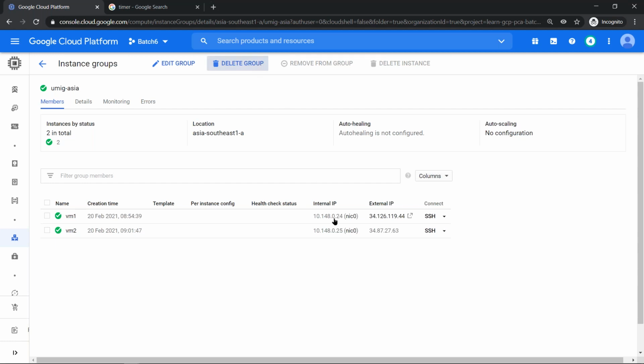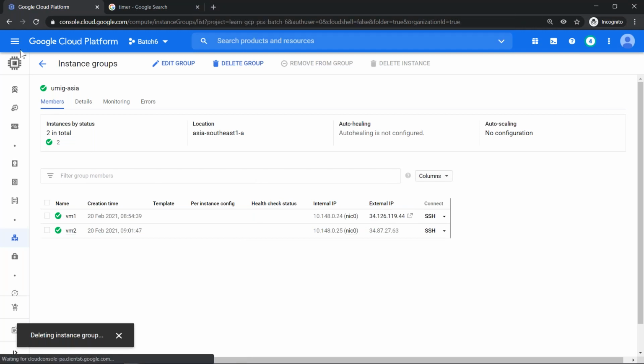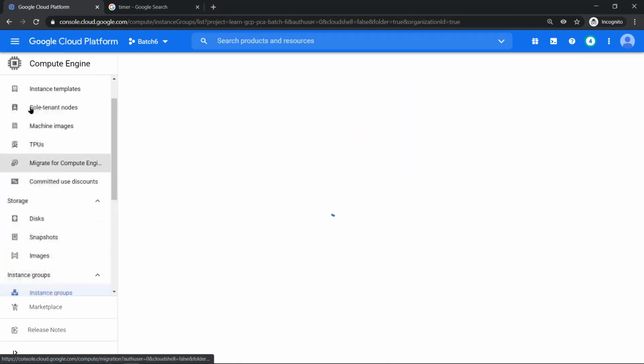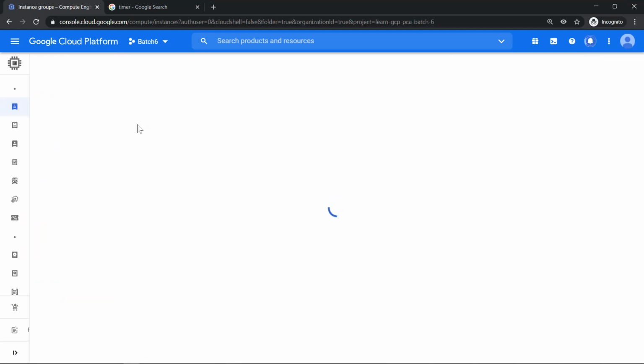So let me just delete this group. I don't need it anymore. And I'll also delete the VM. So that's a small thing which was pending last week because we were running out of time. I told we'll do it today. So now what we'll do is we will go to the next part